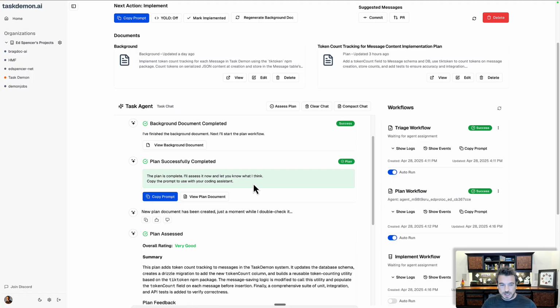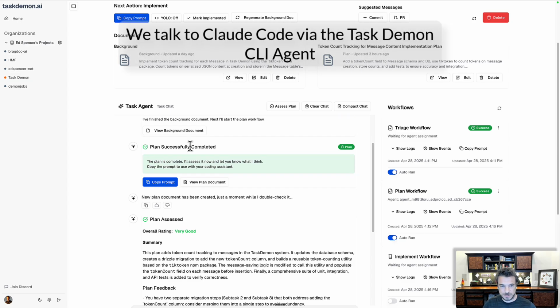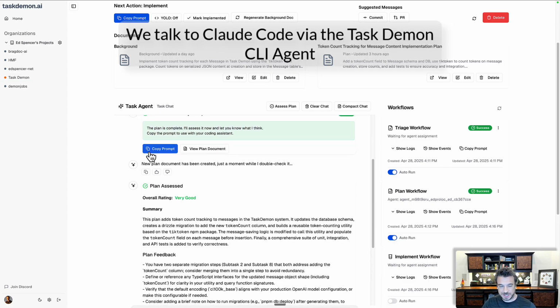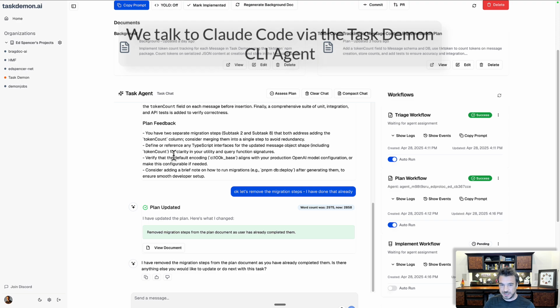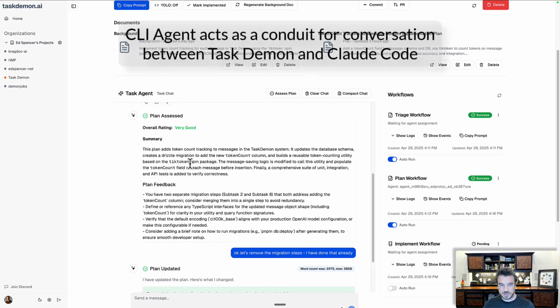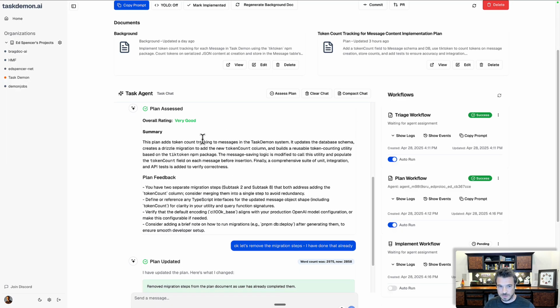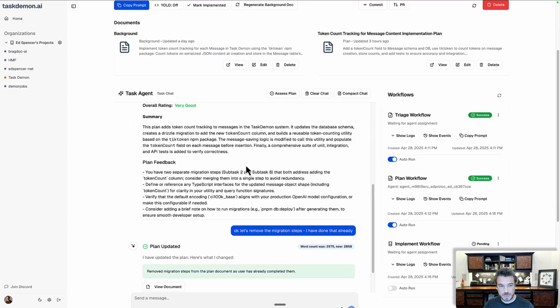At that point, we passed over to Claude Code, it made the plan, and a few moments later it submitted it. The plan was successfully completed, and the task agent picked up again. Again, we haven't actually had to do anything here yet so far. Everything has happened autonomously. Task agent picked up the plan, it read it through, assessed it, gave it a very good rating in this case, along with some reasoning if you want to read what the reasoning is. A quick summary of what the plan proposes to do to solve the problem that I gave it, as